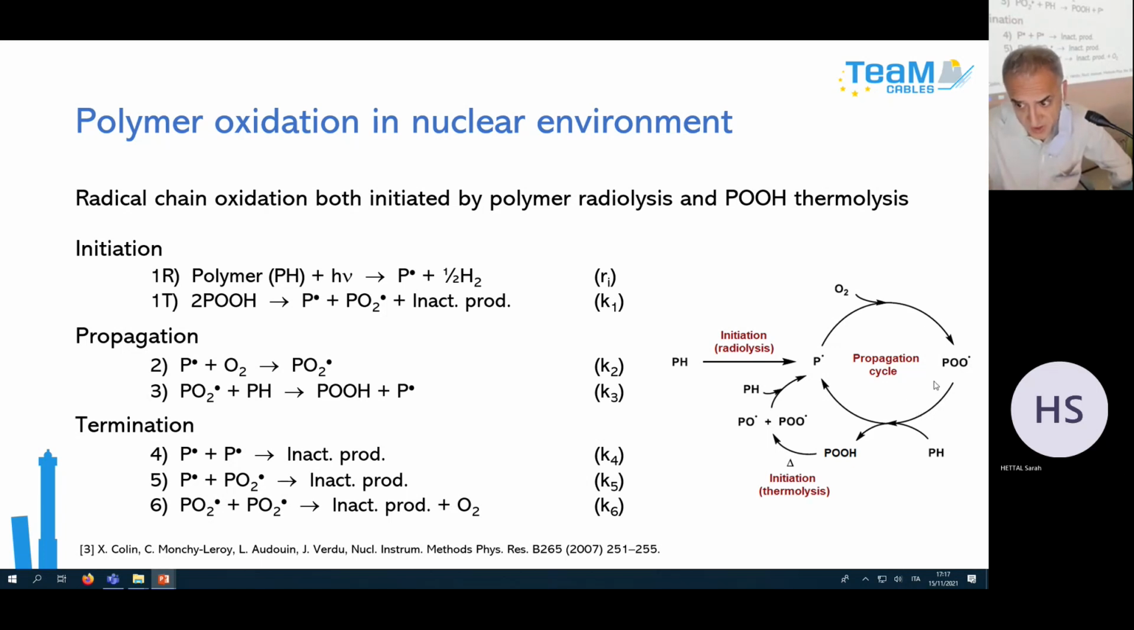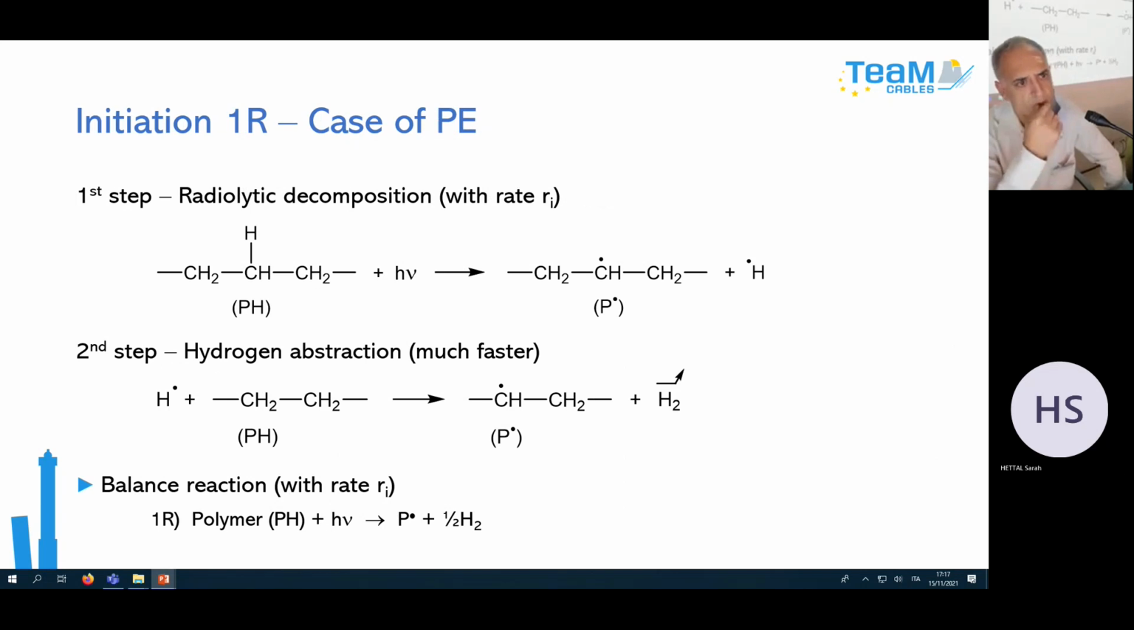So the peculiarity of this closed loop mechanism is that it initiates its thermal initiator. This closed loop character explains well, in fact, the sharp acceleration of the oxidation at the end of the induction period. So now, if you have a detailed look at these different reactions, starting from the radiolytic initiation,